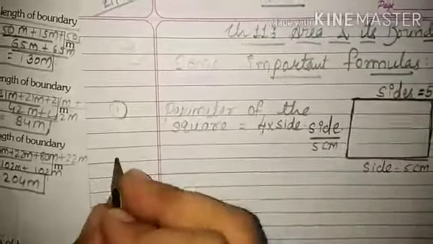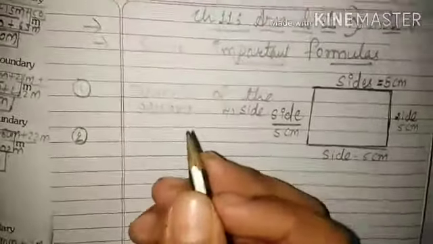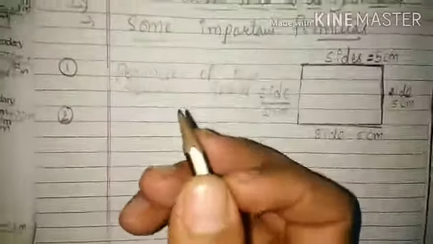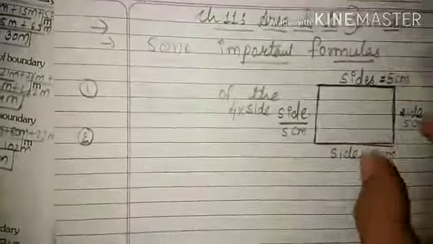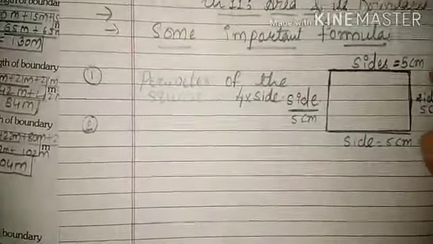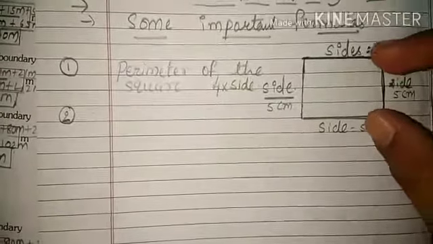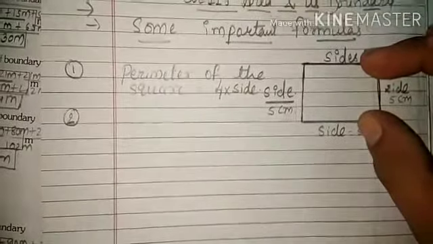Now if I have to find the area, students, understand what is the meaning of area. Area का मतलब होता है कि particular figure ने कितनी space occupy की हुई है. Now this figure, all the sides are comprising of 5 centimeter sides. It has comprised this much area, it has occupied this much area.